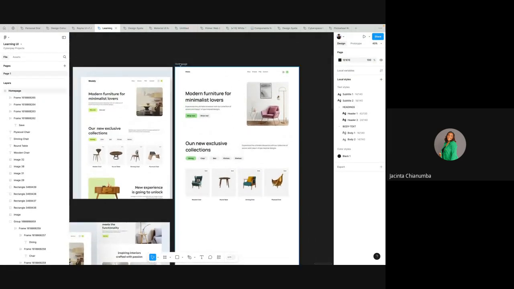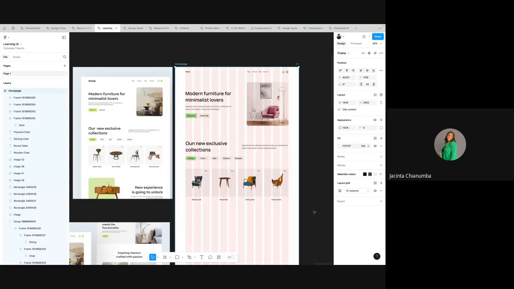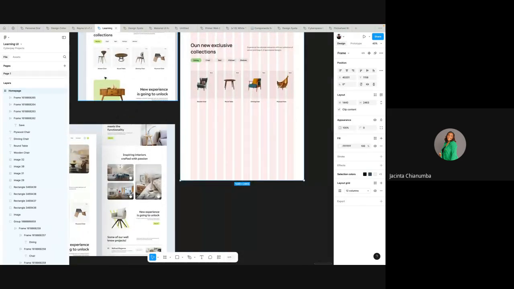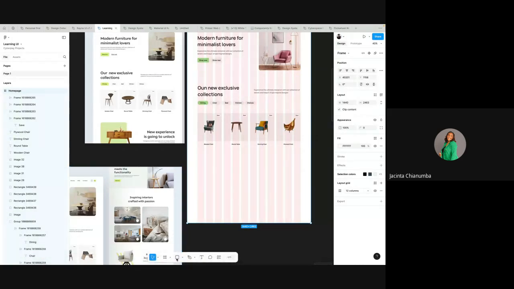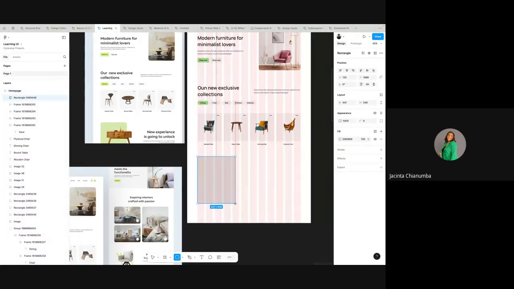Then we move to the next one. We want to design this section. So let us draw our rectangle. This page is just about rectangles. Let's draw our rectangles. Our rectangle. And then